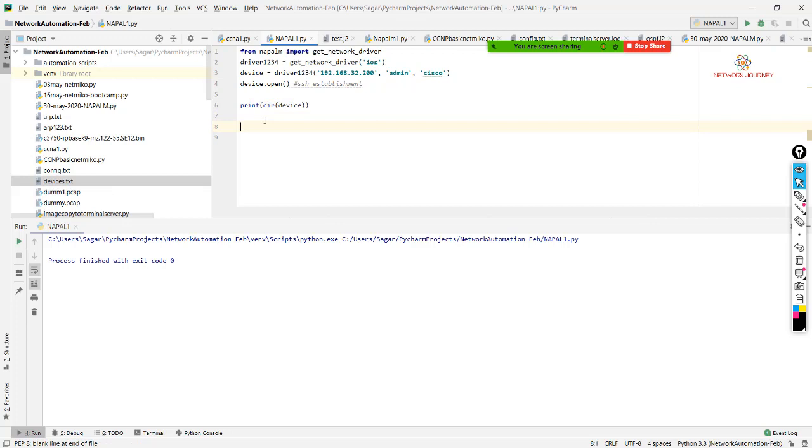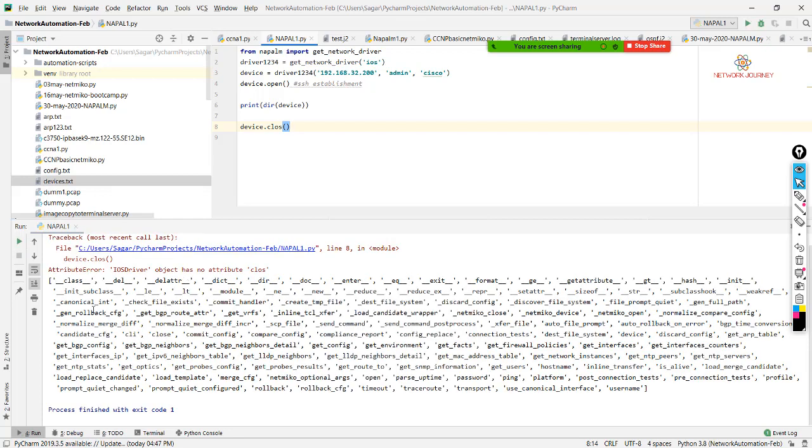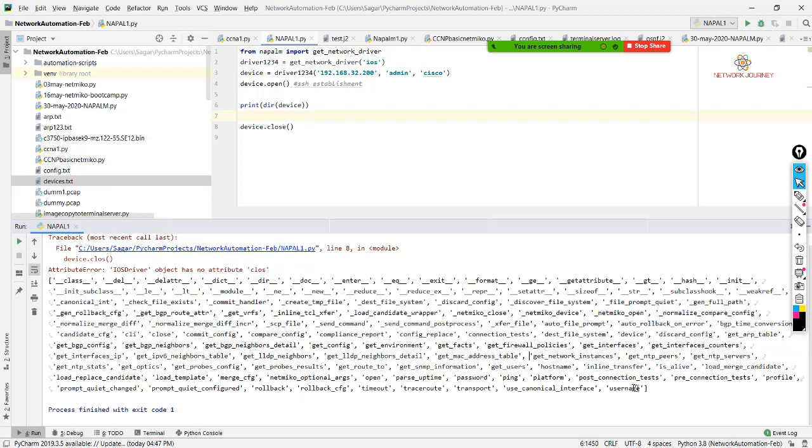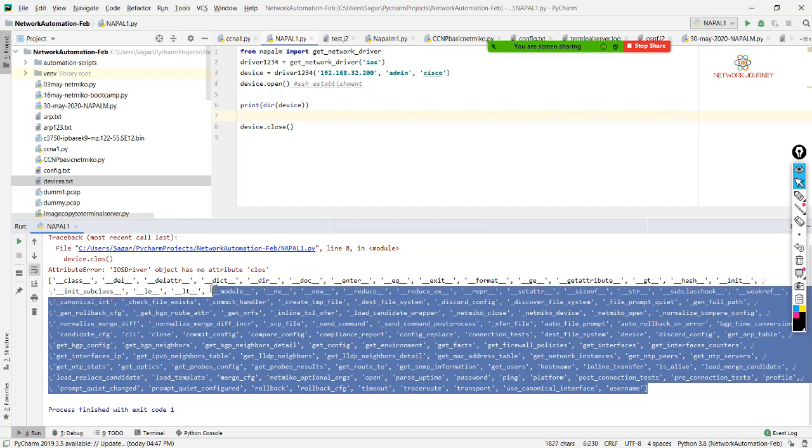So I'm going to say device close. And if I run this, you can see, okay, there's a spelling mistake, it should be close. I can see NAPALM is going to support these many predefined functions.